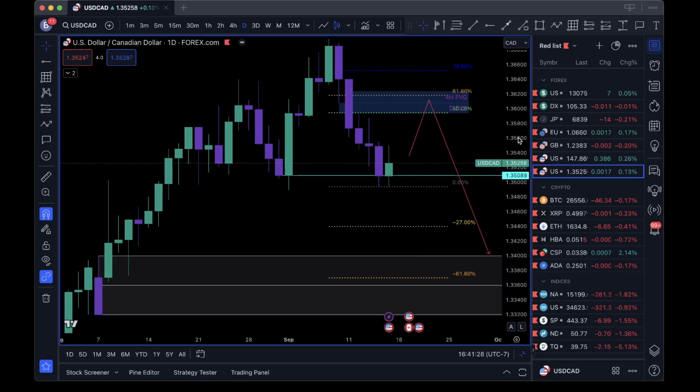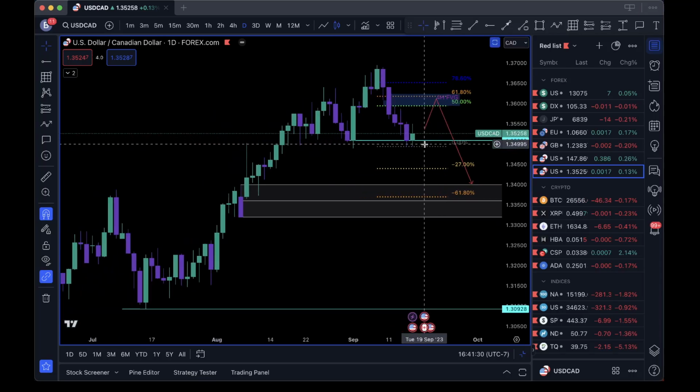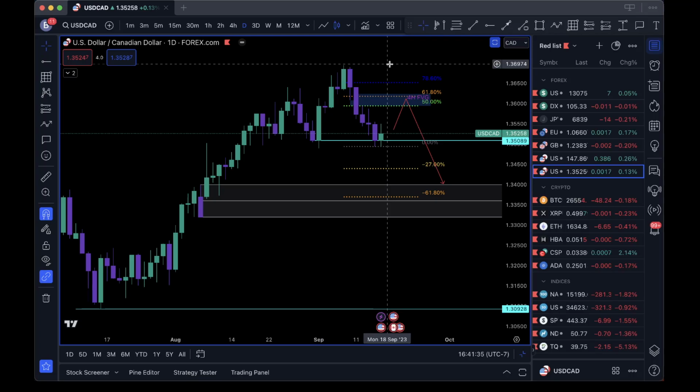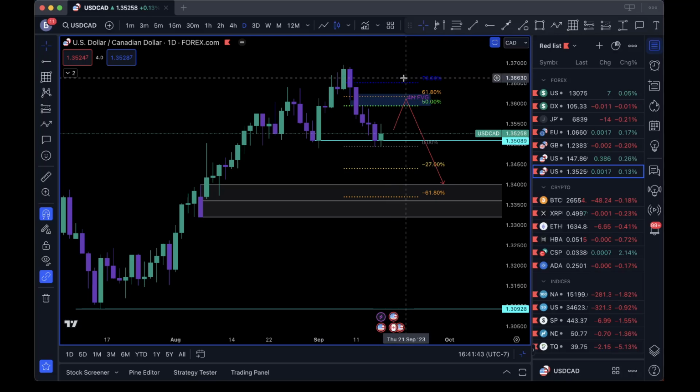If you're out there and you trade USD CAD, I trade it sometimes. I have a love-hate relationship. I want to trade this one very well. Some of my biggest trades have been on USD CAD, but they've come after I've been stopped out on it 2 or 3 times, and then I get the big trade, right? So it's chopped me up before.